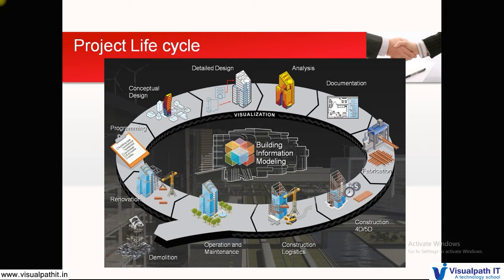So that is happening, but Revit will be used in only one small part of the BIM, which is modeling. Okay, so now operation and maintenance happens, and after 50 years of time, the building gets demolished, because the life of a building is almost 50 years, and then the conceptual design again starts. So this whole process is done using the coordination of BIM nowadays. So that is called BIM.